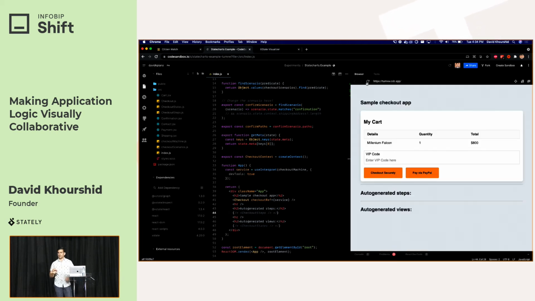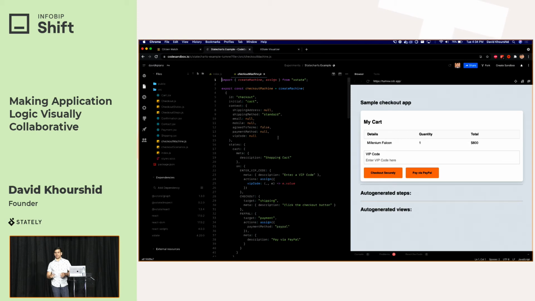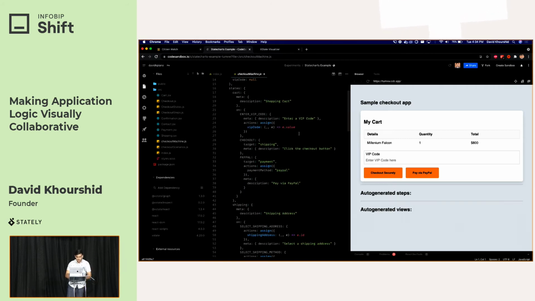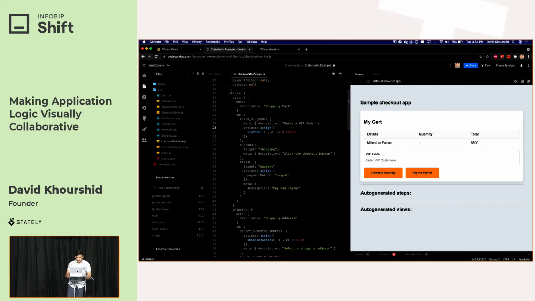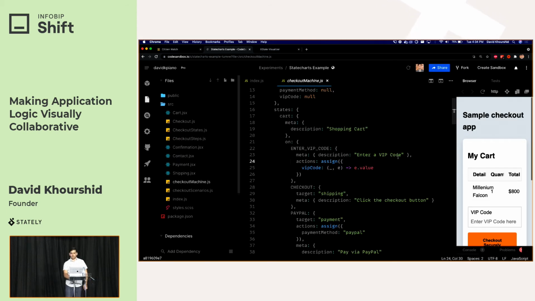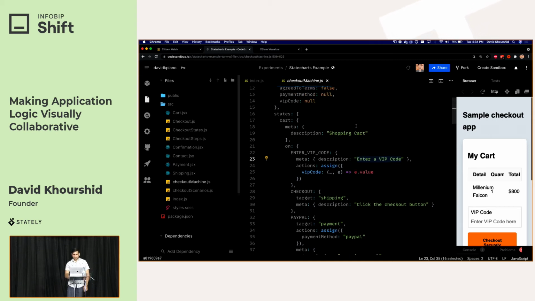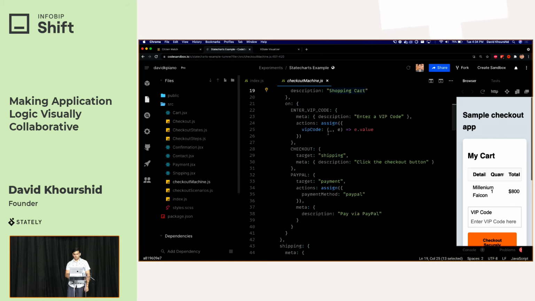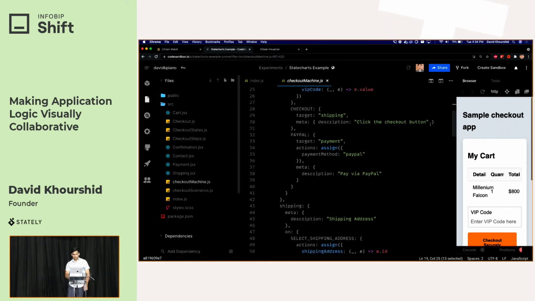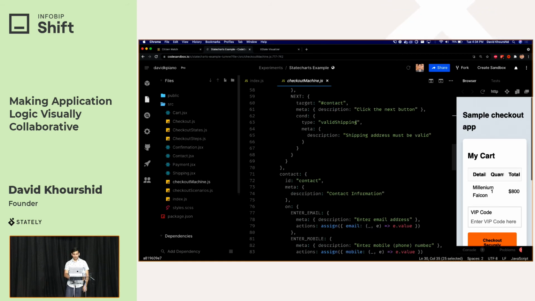But so here's the interesting thing about this checkout app that I made. It's all created with a state machine. Now, I don't expect you to read all of the code over here, but just understand that this code describes how this application works in all of the different states that it could be in. And you might also notice, if I zoom in, that we also have descriptions over here. So I have a description for this event, enter the VIP code. I also have a description for the cart state, and just saying it's a shopping cart. I have a description for what each of the buttons do, and this is just metadata in that object. So all of this logic